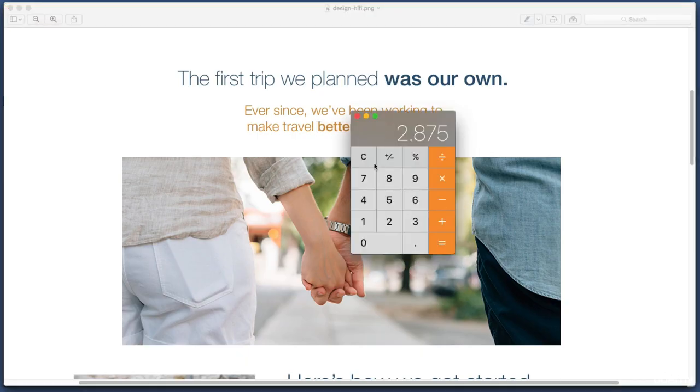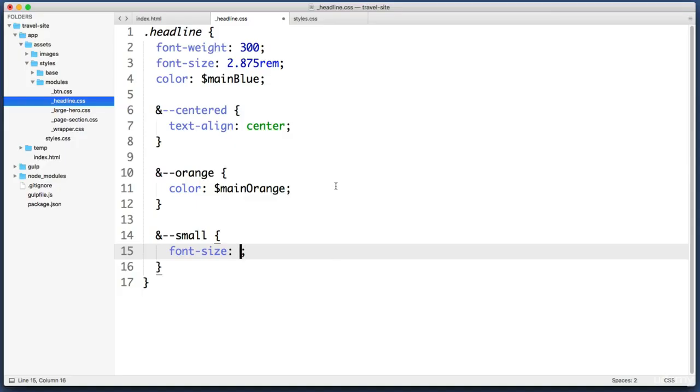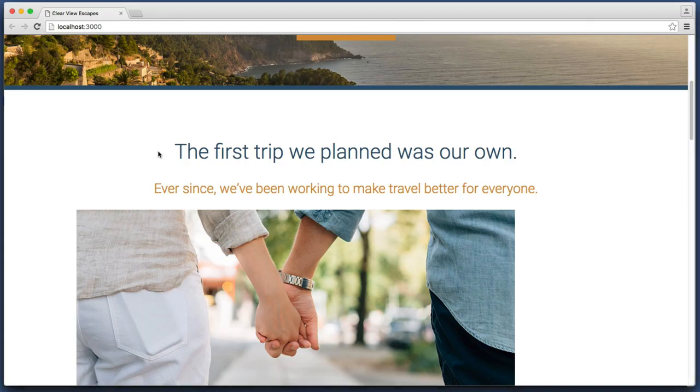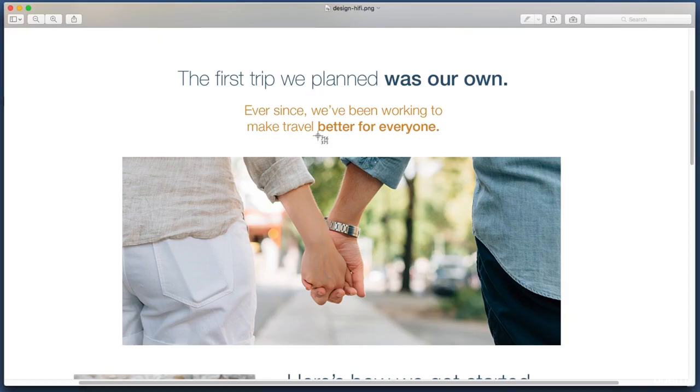So in our calculator, let's clear that out and take 30, divide it by 16. Let's copy that value to our clipboard. And then in our CSS, let's paste it in and say rem. Save that, check it out in the browser. Excellent. If we compare this to the design file, we see that the small orange headline should also be wrapped